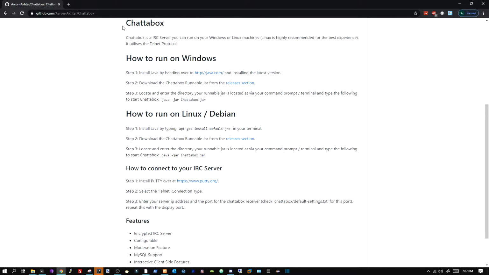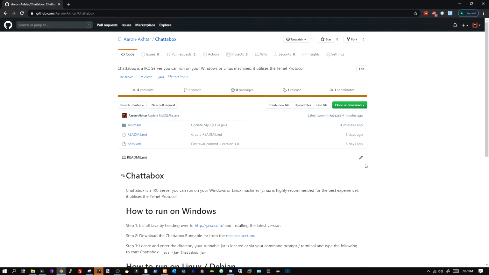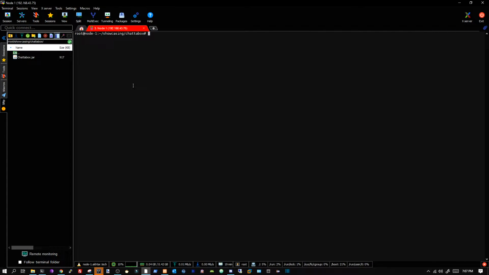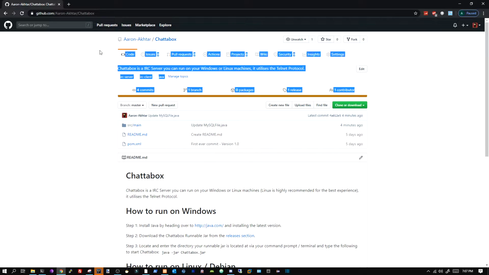Over here we have some tutorials on how to set this up. I'm going to be showing you guys how to set it up on a Linux distribution. This is going to be Raspberry, the recommended OS for the Raspberry Pi. We're going to be using it because